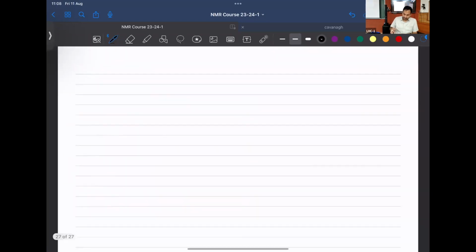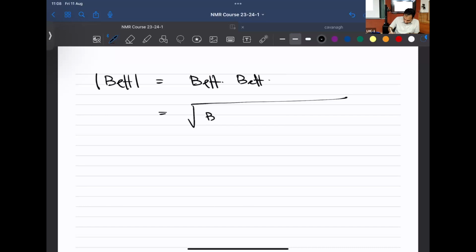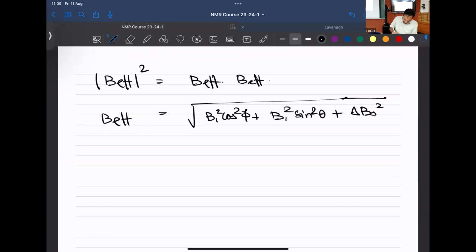And one of the steps that I realized I skipped was to understand what is the magnitude of B effective. That is going to be given by the dot product of B effective with B effective. If you go back and take a look, you're going to get square root of B1 square cos square phi plus B1 square sin square phi, because you need to take the dot product, meaning the same elements will get multiplied by each other, plus delta B naught square. So therefore, this is going to be square root of B1 square plus delta B naught the whole square,